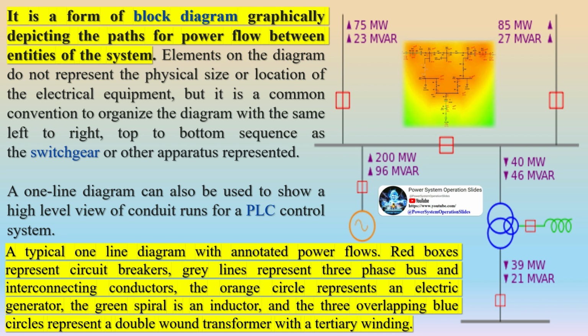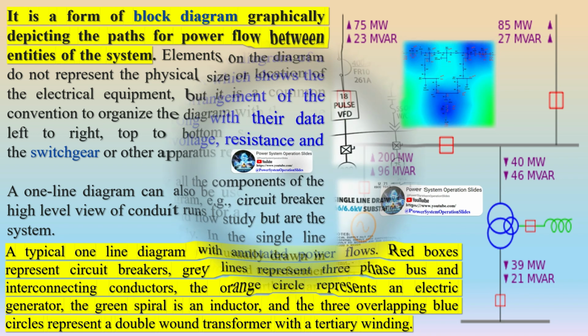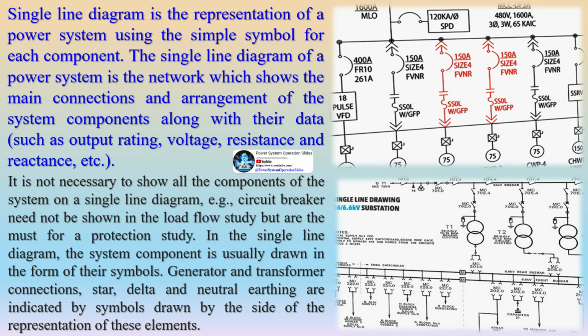These can include residential, commercial, or industrial loads, and their symbols represent the type of load and the amount of power consumed. Other components. In addition to the above-mentioned components, a single line diagram may also include symbols for capacitors, reactors, meters, control panels, and other auxiliary devices that are necessary for the proper operation and control of the power